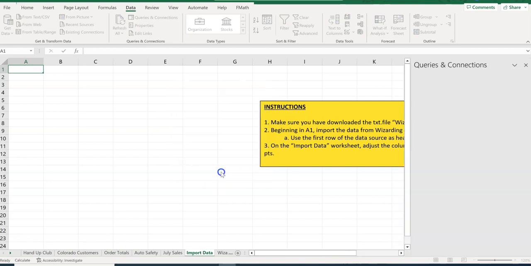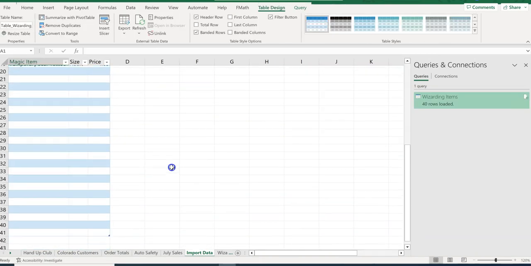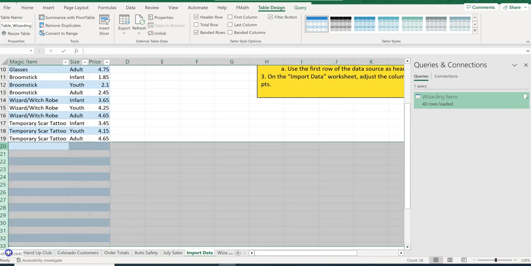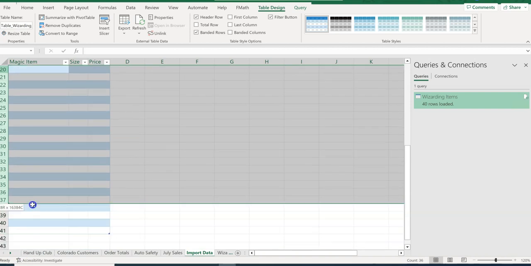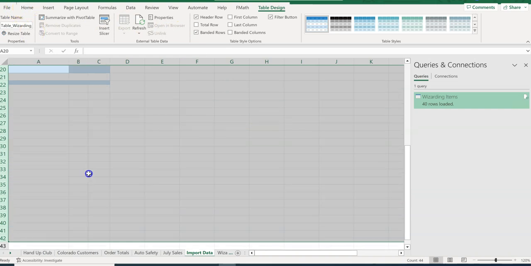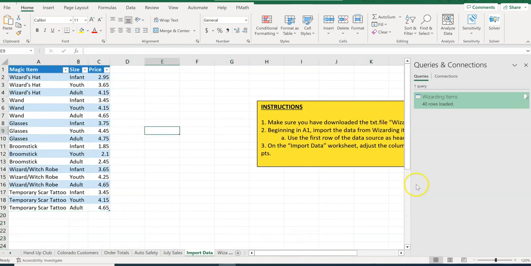It just took a minute for that to come up, and it's loading our rows in there. Okay. And on mine, for some reason, it loaded extra rows. I can just come in here, right click, delete, and get rid of those extra rows. Okay. And then